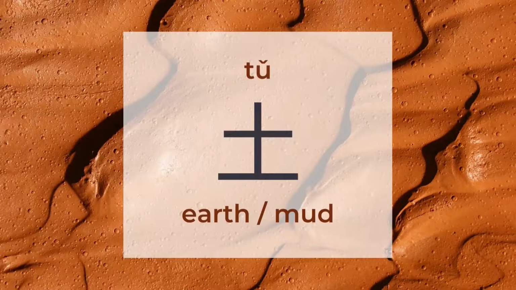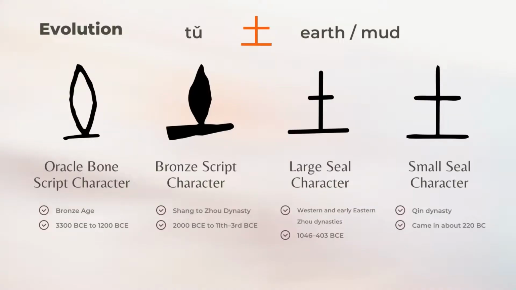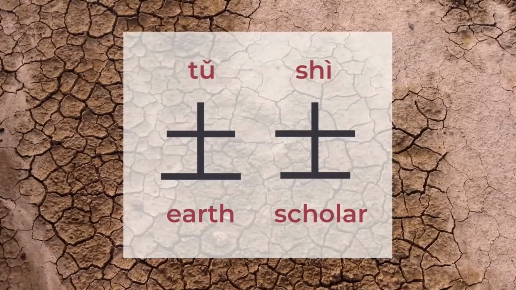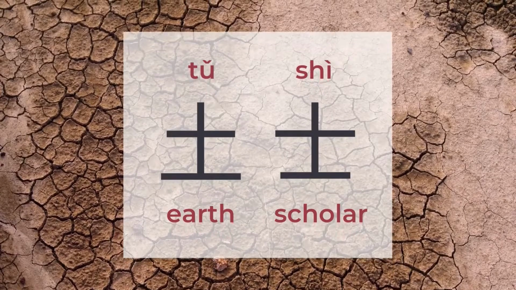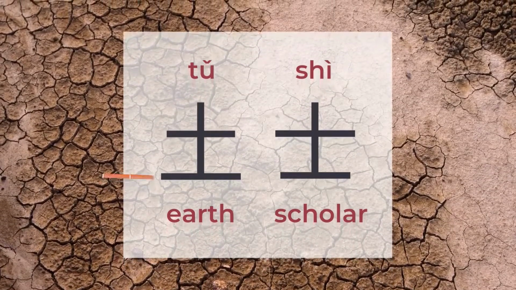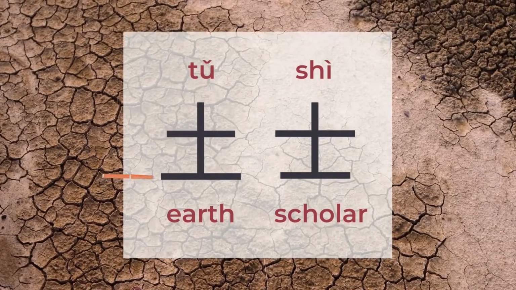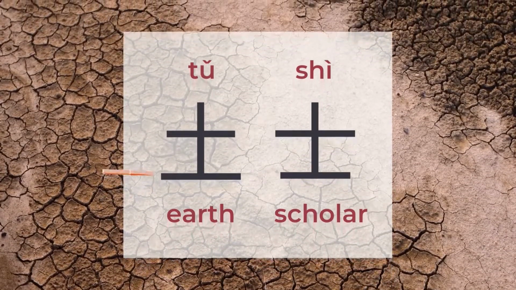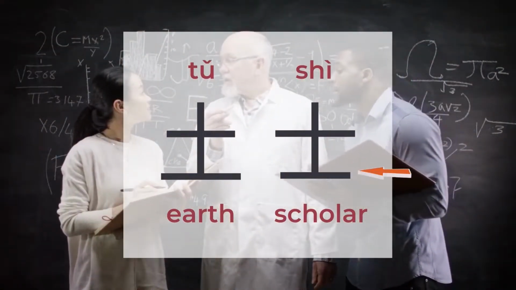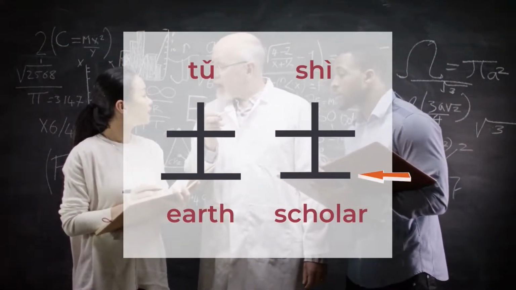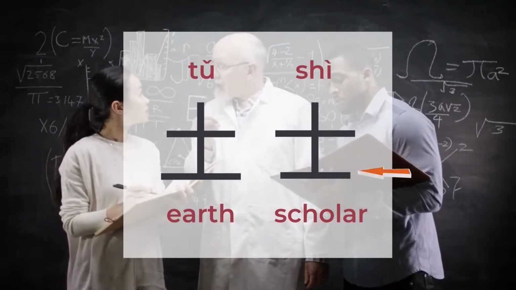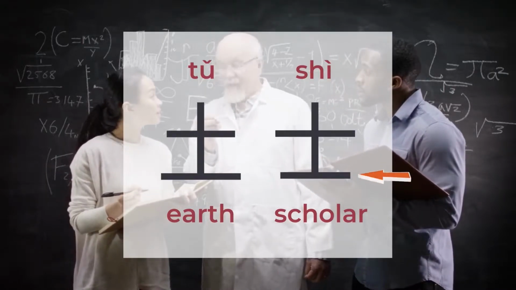土, earth or mud. 土, there are around 580 characters to be found under 土. 土 means earth or mud, and 土 is a pictogram. There is one form of 土. Pay attention to the bottom horizontal line. It has to be longer than the first to make it 土. If the bottom horizontal line is shorter than the first, it's another character called 士, a scholar.